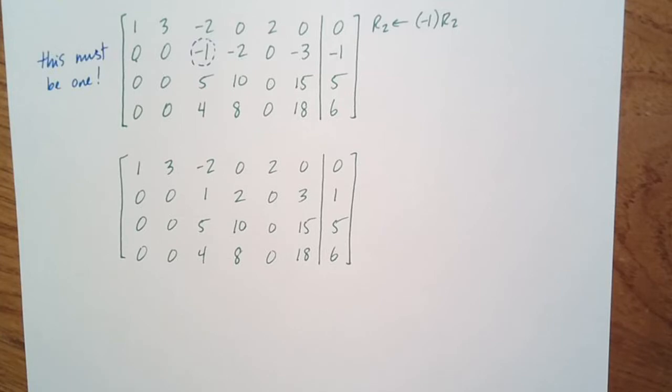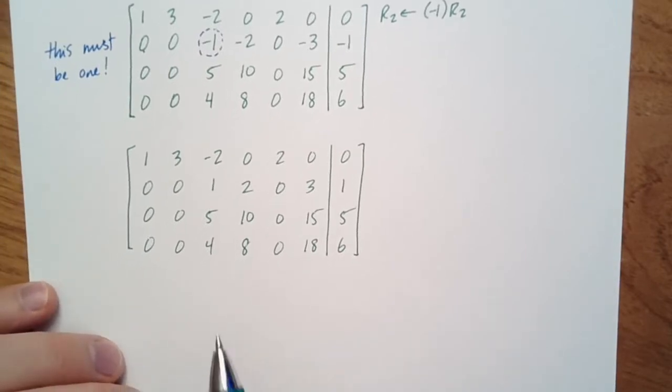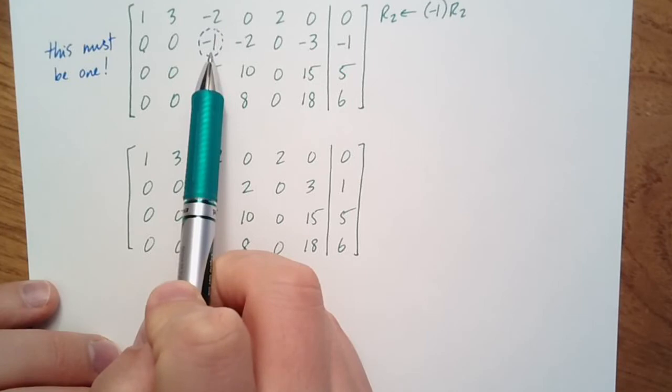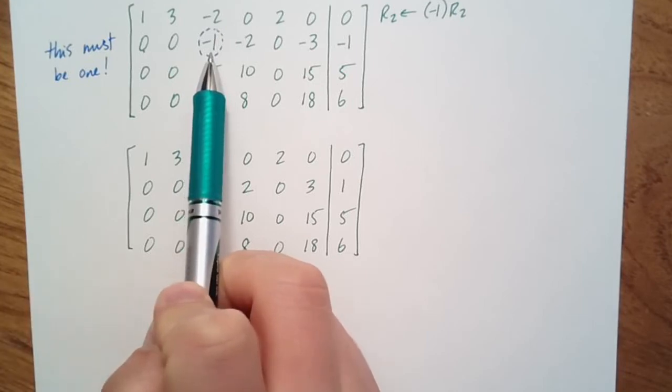It's one of the biggest sources of errors for these problems. So I really urge you to, when in doubt, just do one operation per step. There's no harm in doing that. Okay, so what's next? Well, this non-zero entry, which was the first non-zero entry of that row, which was not